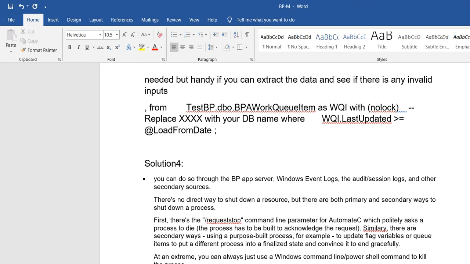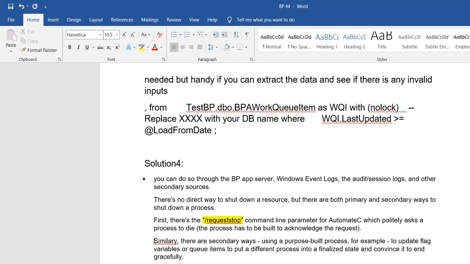Similarly, there are secondary ways using a built-in process, for example, to update a flag variable or queue item to put a different process into a final state and convince it to end gracefully. You can do a graceful exit as well as the request stop method.